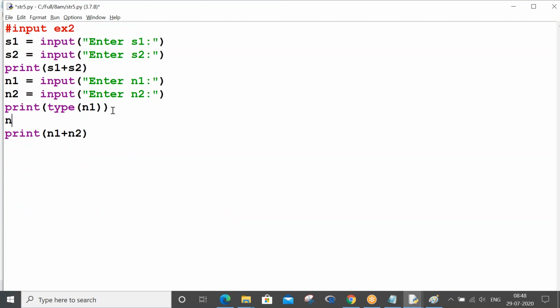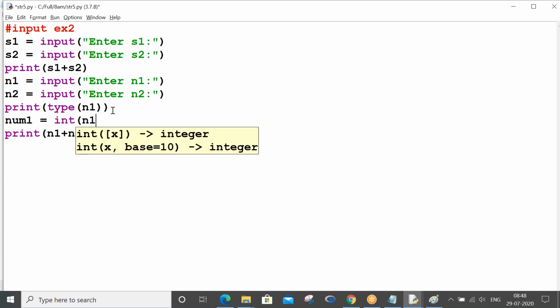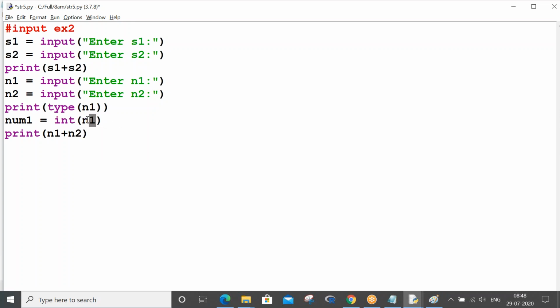So now my num1 is int of n1, that's it. Actually here this n1 is 100, that is string format. That string 100 you are putting in int function because you wanted to convert that n1 string 100 into num1 as integer 100.